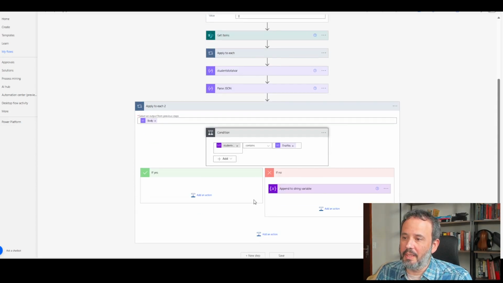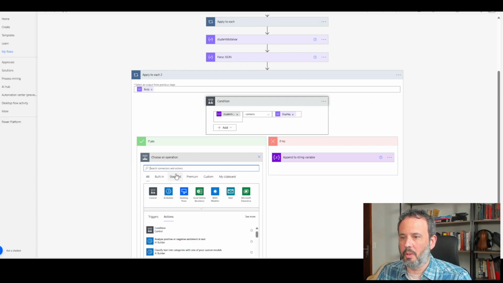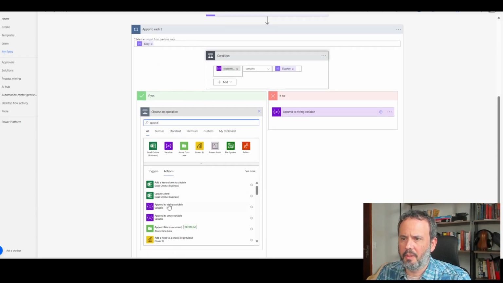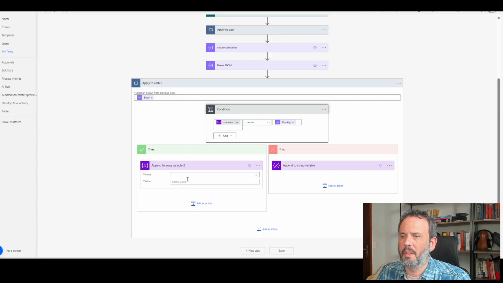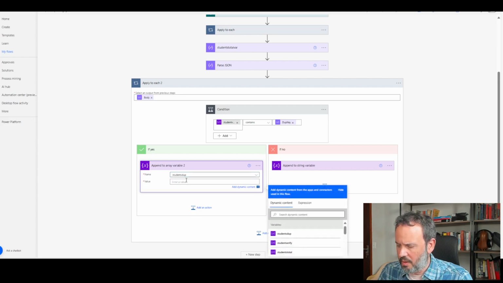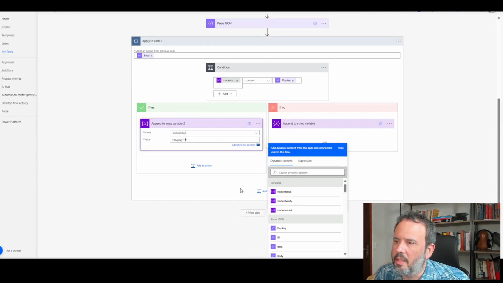So if it does find the key, you will append to this array variable. And what you need here is also a JSON object with the duplicate key. Actually, you know what? You don't need the duplicate key here, you just need the ID, but okay, I will put it